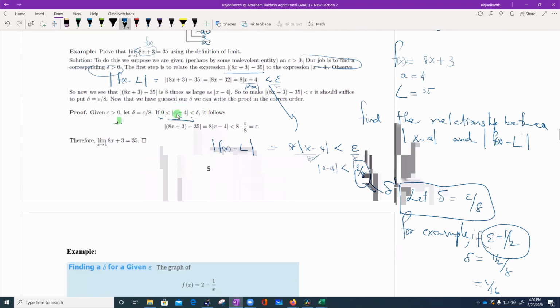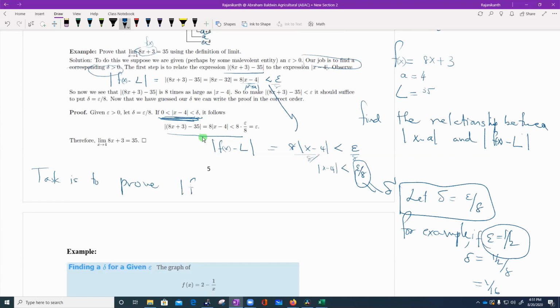If this is true, then you have to prove that. So your task is to prove |f(x) - L| is less than epsilon. So you need to prove now |f(x) - L| is less than epsilon. That is why they started with |f(x) - L|. Start with |f(x) - L|, absolute, right? Simplify this